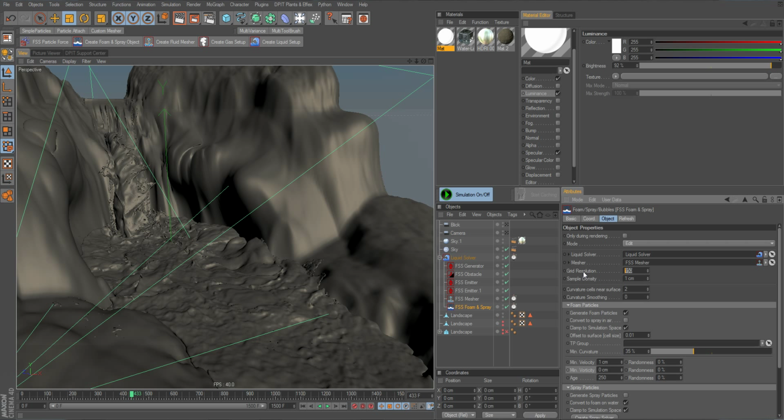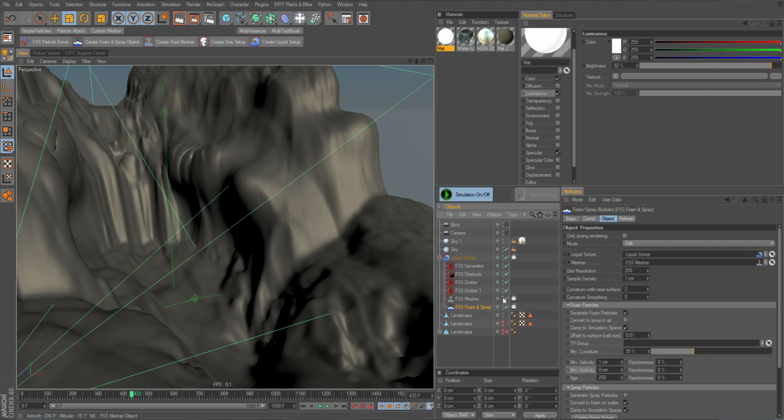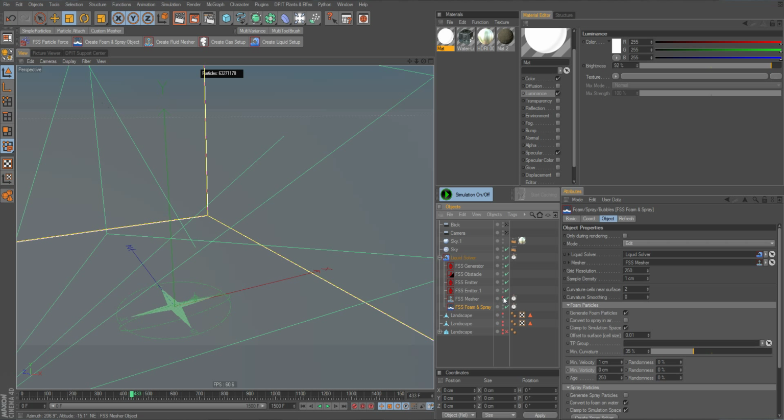But next thing I do is I set this to 250 just to get a better estimation, and we can see that it's doing the curvature estimation now here, so we have to wait. But it will only calculate it once, right? And that's a new thing, 1.7 calculates it once, and well, that's it. And I turn this off now, or I turn the landscape off. I keep the mesh here,